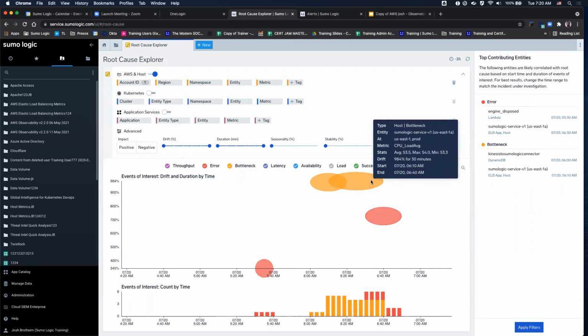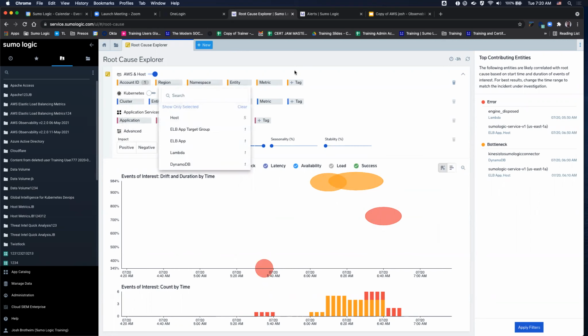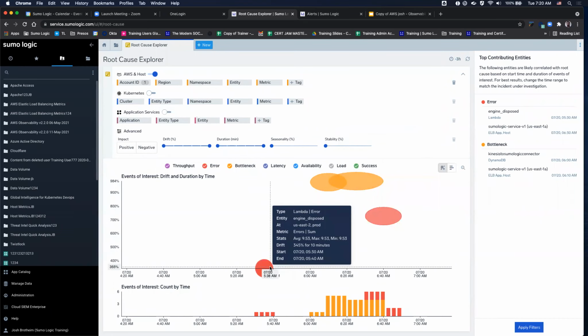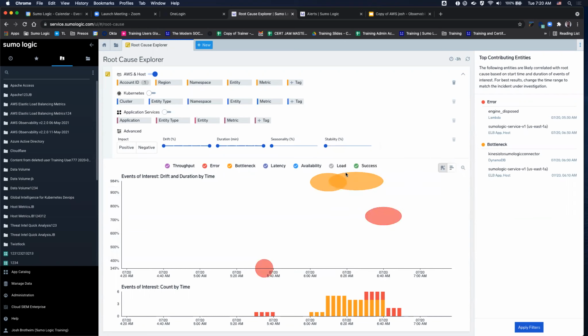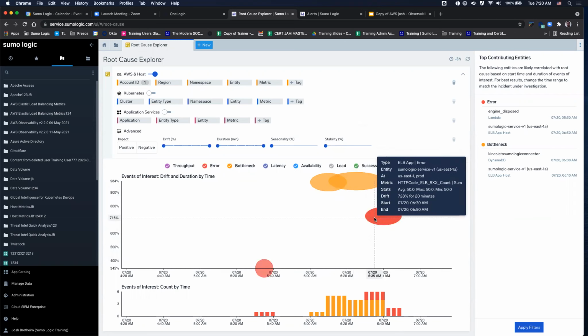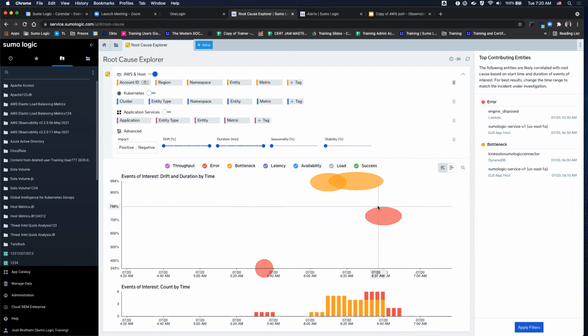And now what I'm starting to see here, and I can get more granular, I can look at a specific region if I want, I can look at a specific namespace. I'm not going to, because I don't need to get that granular. But what I can start to see here are events that took place and hopefully some correlation between what happened. So what I see here is, and we're actually going to look at this, I guess we can still look at this example together,